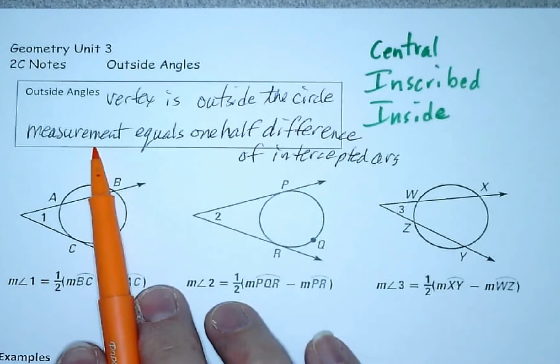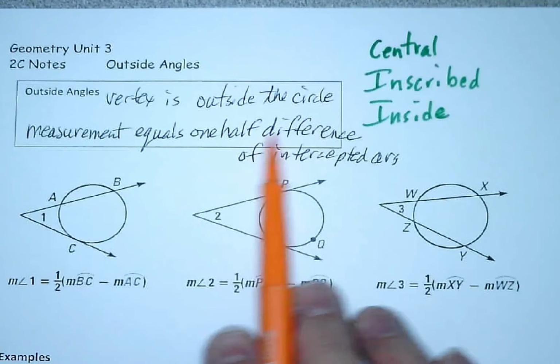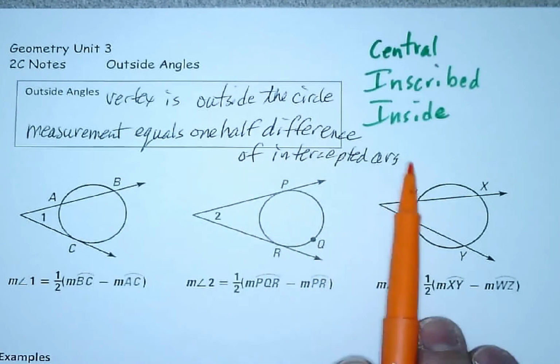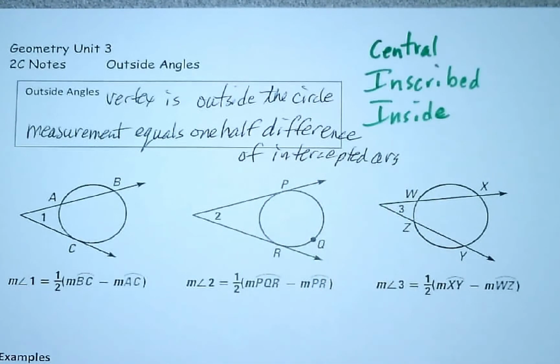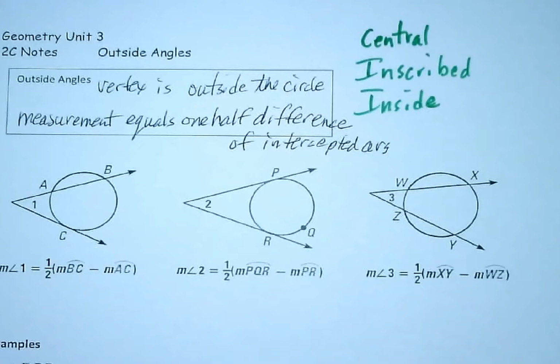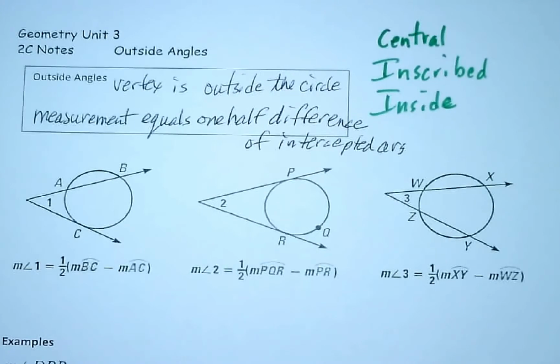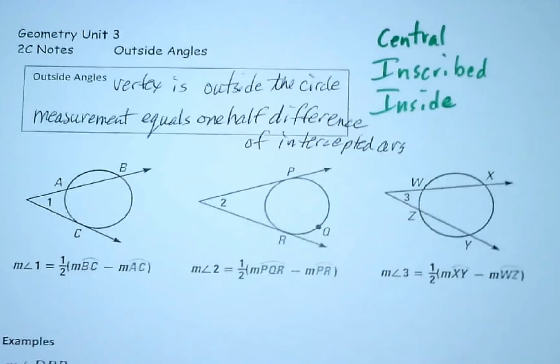The measurement of an outside angle is equal to 1/2 the difference of its intercepted arcs. Okay, and there's kind of three different scenarios here that I've got listed here. It does help if you have two different colors of pen or crayon or markers or highlighters, whatever, so that you can easily see the